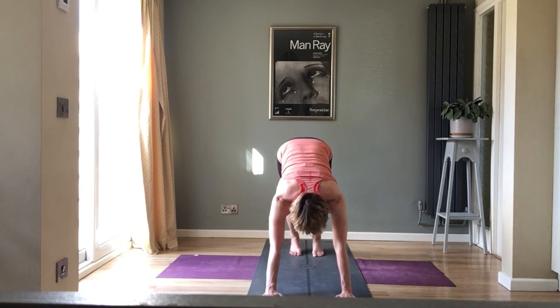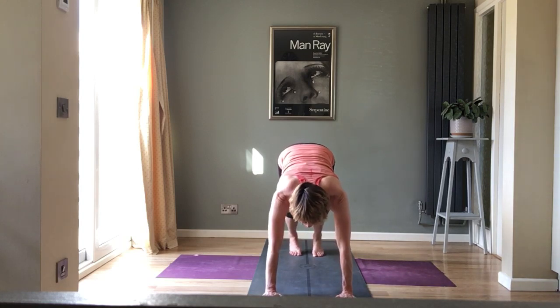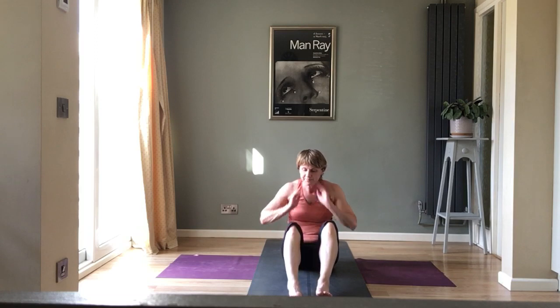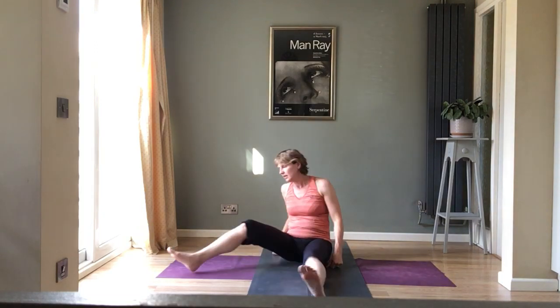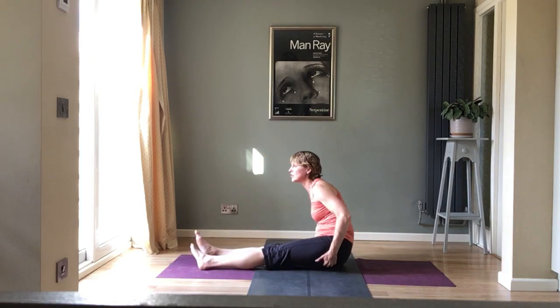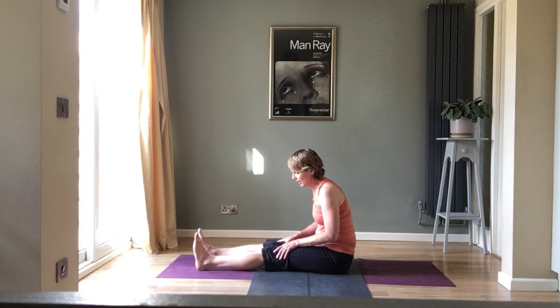This time I'm going to lift the pelvis even higher, get your nose out of the way, and cross the legs as you come through to sit down. Lovely. So, getting ourselves sat down, Dandasana pose in itself. What we want to do here is use the heels a little bit for maybe a little bit more sort of,